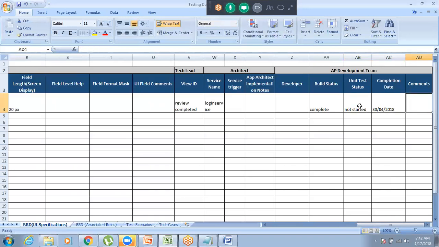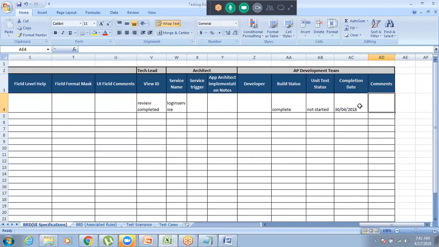Okay, and comments, if there are any issues in this particular thing, they can write some comments on that, like this is due to an environment issue, or some issue where we are not able to do this particular thing. So who is the developer? Maybe Harinder. Okay,